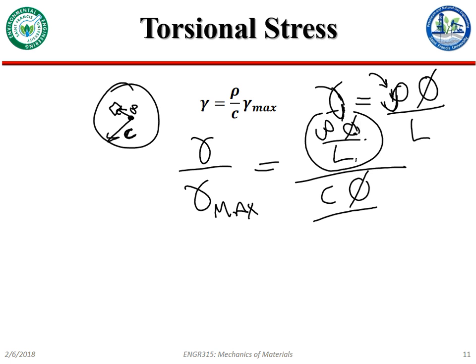We said that the maximum should occur on the outside, so that's that. Expression there, just relating the radius to a point inside of the cylinder to the radius of the cylinder itself. I can cancel a bunch of stuff out, and I end up with this expression here,